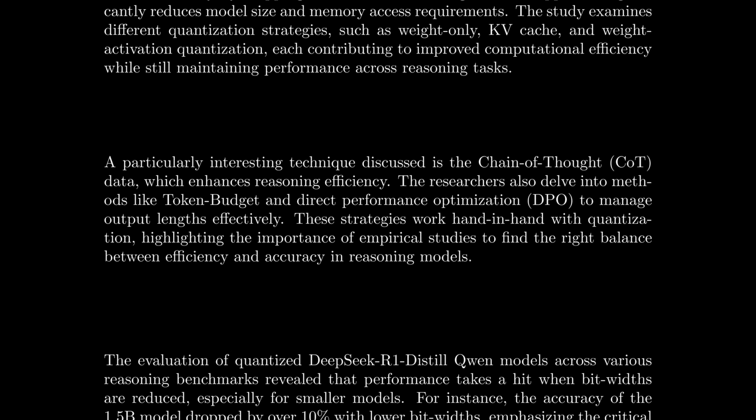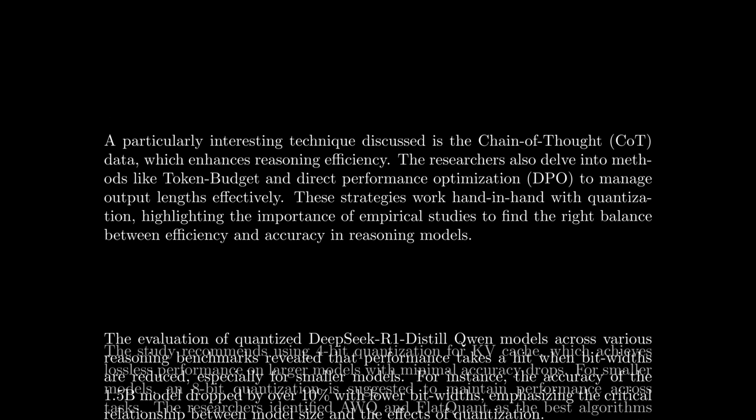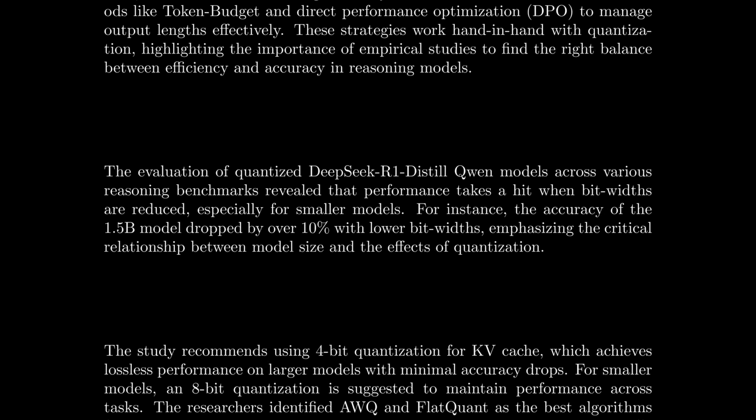A particularly interesting technique discussed is the chain-of-thought (CoT) data, which enhances reasoning efficiency. The researchers also delve into methods like token budget and direct preference optimization, DPO, to manage output lengths effectively. These strategies work hand-in-hand with quantization, highlighting the importance of empirical studies to find the right balance between efficiency and accuracy in reasoning models. The evaluation of quantized DeepSeek R1 distilled models across various reasoning benchmarks revealed that performance takes